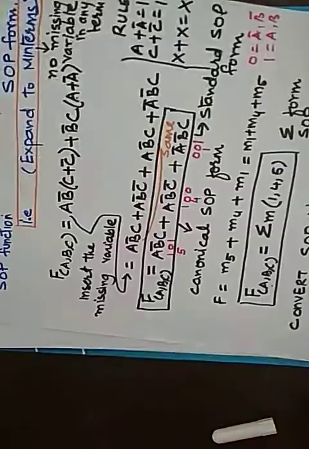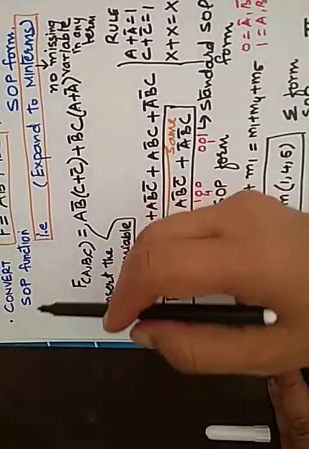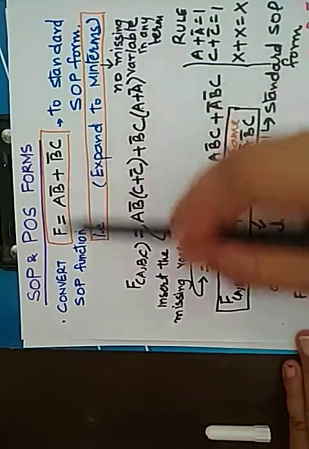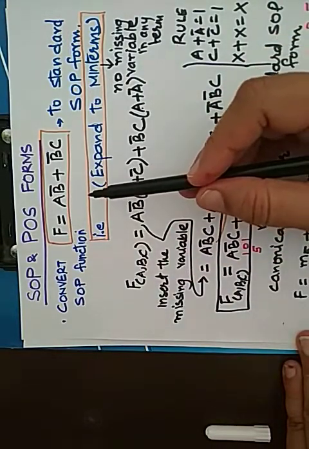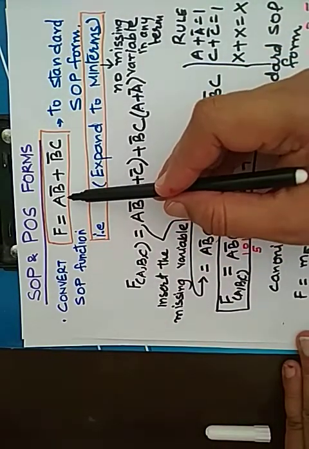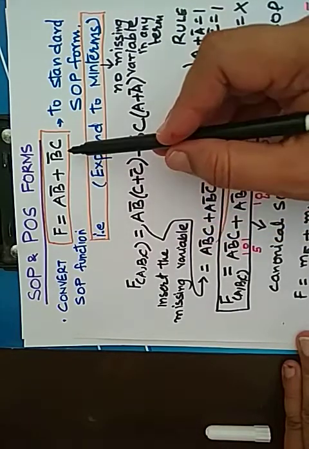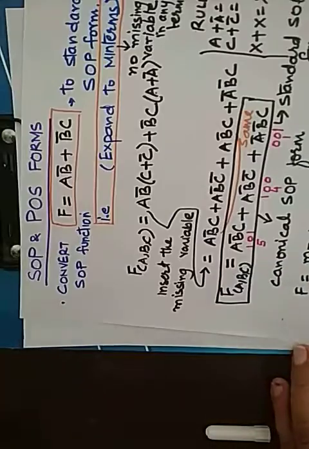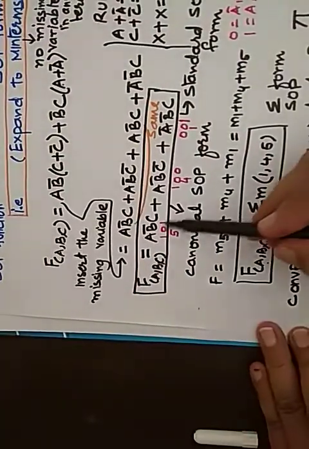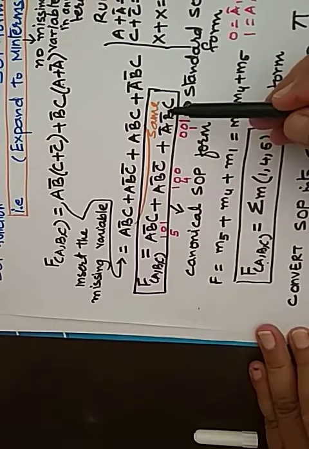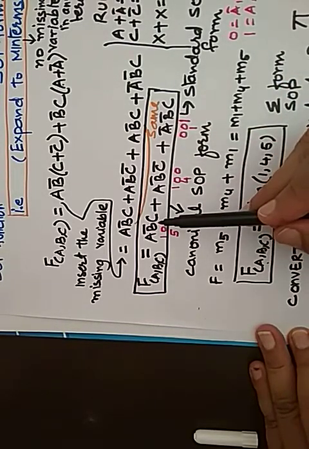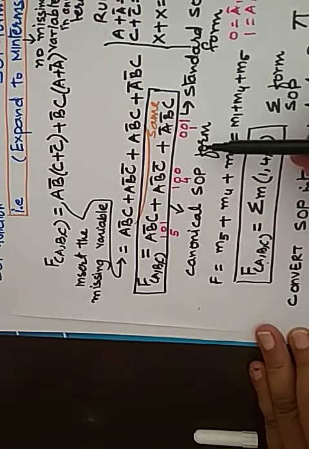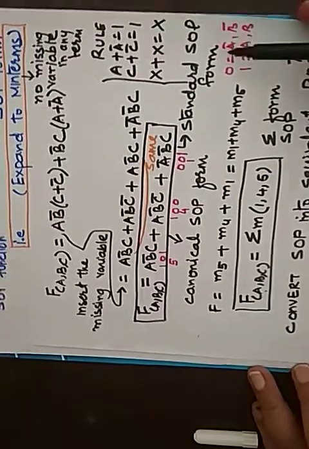We also saw how any given SOP function, the given is SOP function, this is an SOP function, but it is not a standard SOP because this term has one variable missing C, this has a variable term missing A. We have to convert it by using some Boolean algebra to this form where there are some number of terms, but each term has no variable missing. This is called as the canonical SOP form or the standard SOP form.